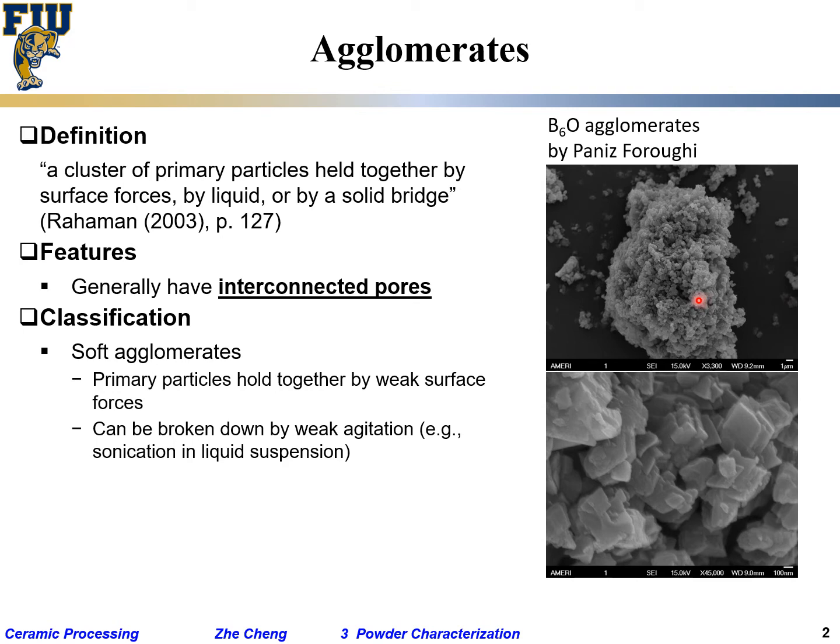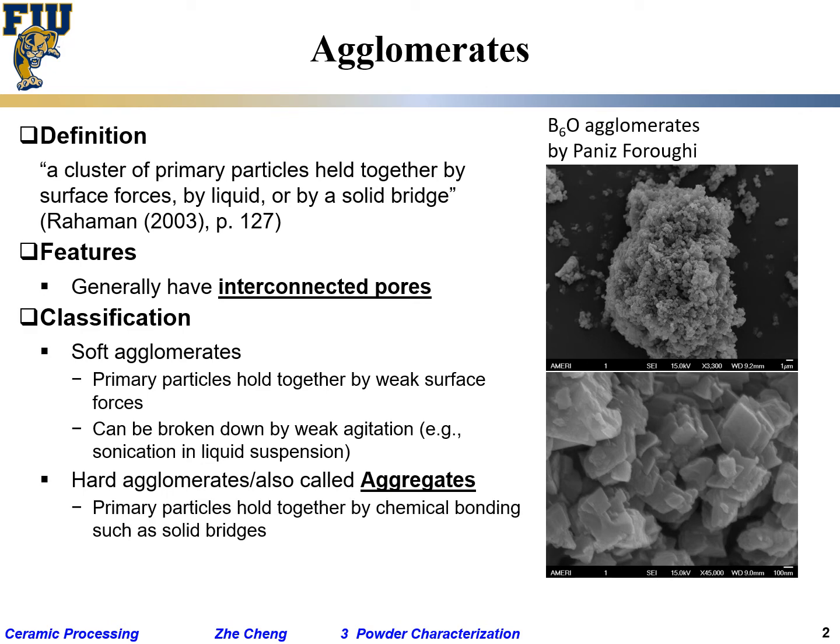But what we are looking at here is not a soft agglomerate. Look at it, it's probably pretty strongly bonded. This is a hard agglomerate, or sometimes people give it another name called aggregates. Hard agglomerate. The grains are bonded together by solid bridges. Okay, in order to break it up, you have to what? Quite often crush it, mill it, using a ball mill or some other technique to put in a lot of energy instead of just sonication a little bit, shake it a little bit. Okay,